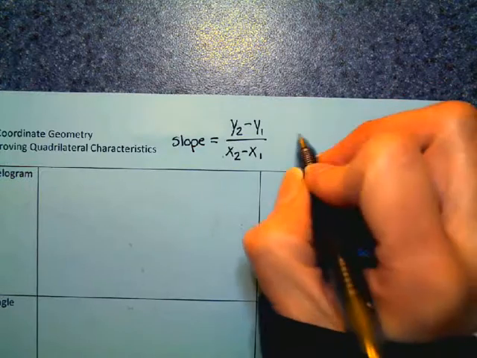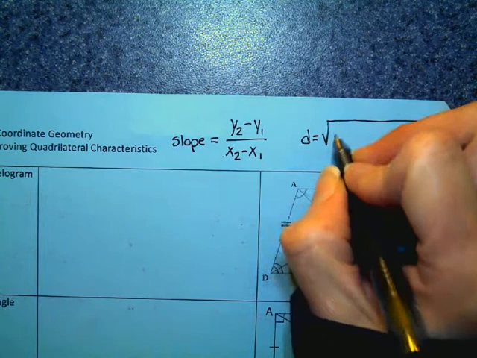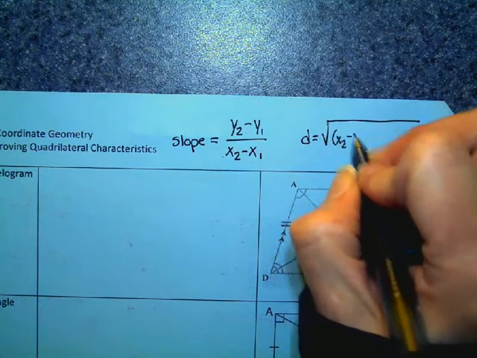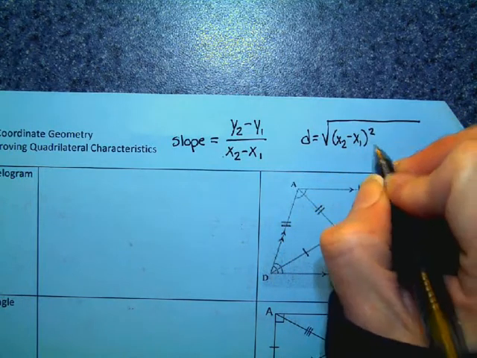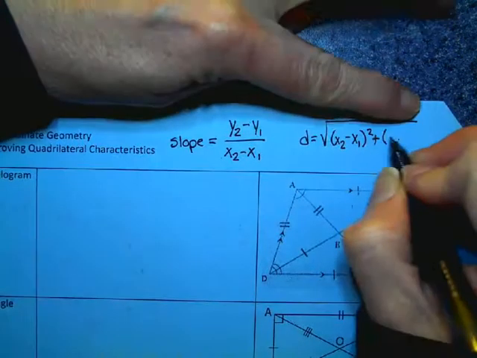And we're going to write down the distance formula. Y2 minus